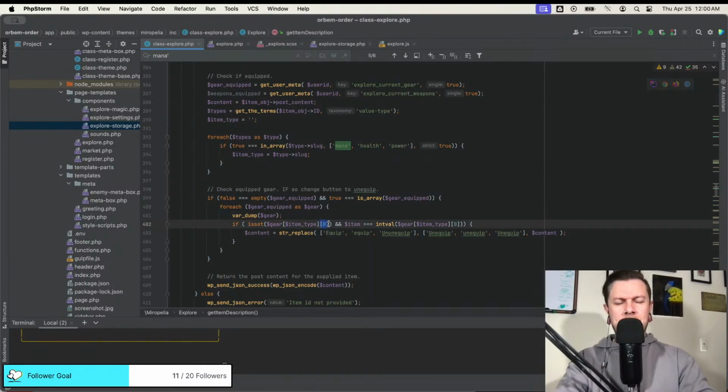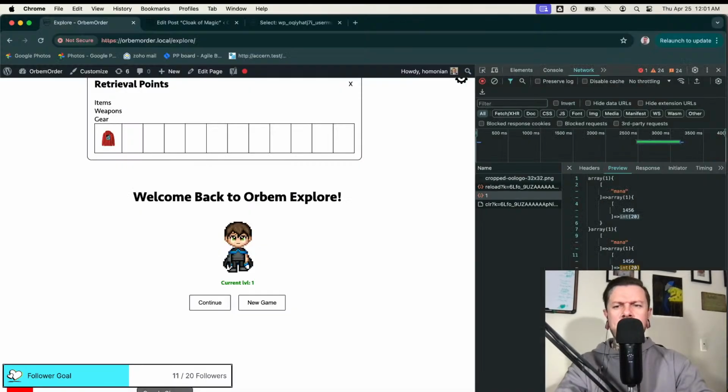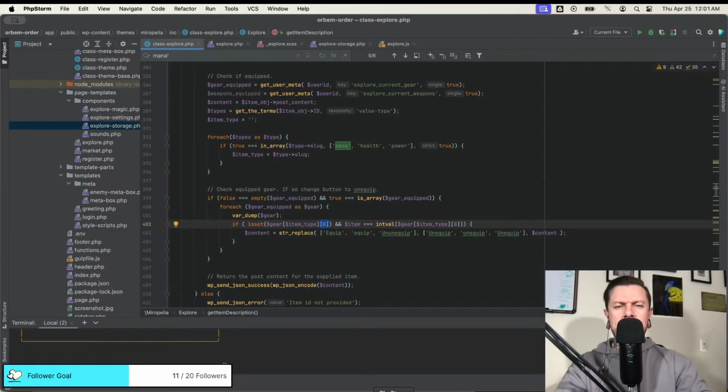So technically, I need to get the array key, which could be multiple. Yeah, because there could be multiple mana gear items equipped. So I can't just grab the first one. Shit. I guess I have to loop through it. Here we go.